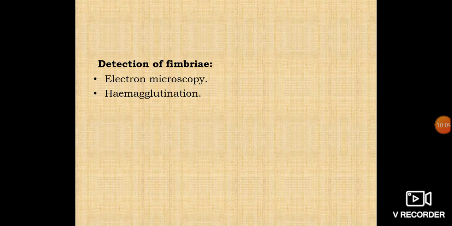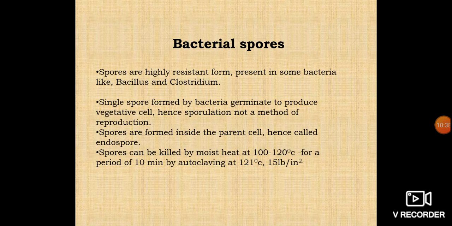So hemagglutination means fimbriae usually have the same characteristics in almost all the bacteria. That is why they cannot be detected by the antigenic test. So that is the reason antigenic reaction must be avoided for fimbriae. But fimbriae have the ability to attach to, or agglutinate, the red blood cells. So this reaction, called hemagglutination, can be applied for the detection of the bacterial fimbriae.